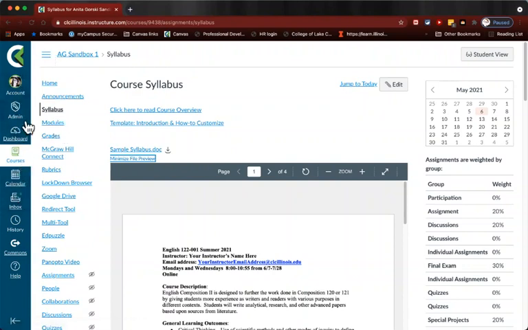This menu here on the far left is called the global menu. That means this menu is the same for everyone. The only big difference that you'll see that I have on my menu that you don't is you'll see that I have an admin link, but you won't have that on your screen. This next menu here in the middle, that's your course menu.